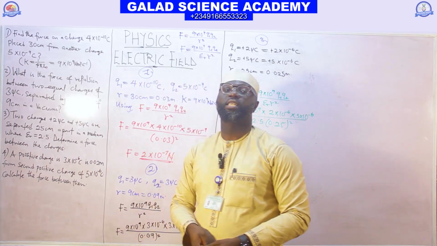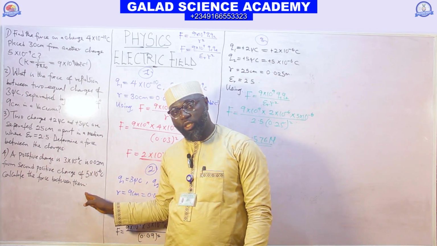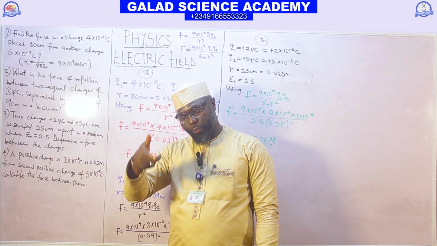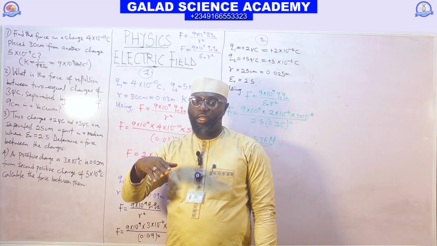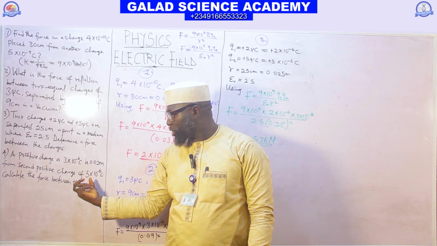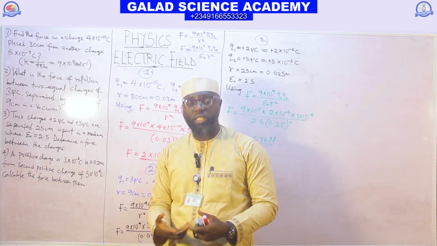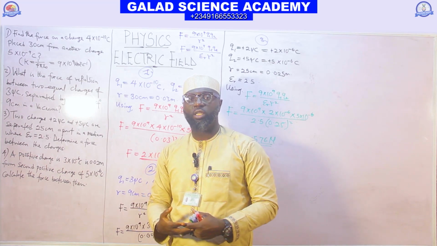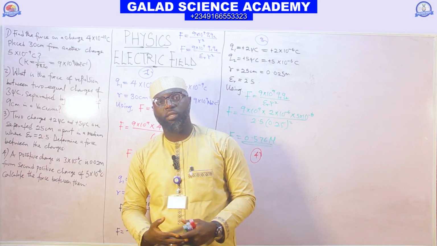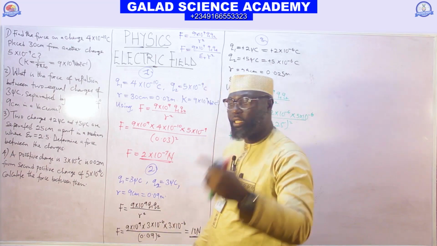Look at this case, they did not specify whether the charge is in a vacuum, in free space, or in another medium. So at times, if you are given a question that does not specify, mostly the question is in free space. So you can use the formula for free space to solve this question